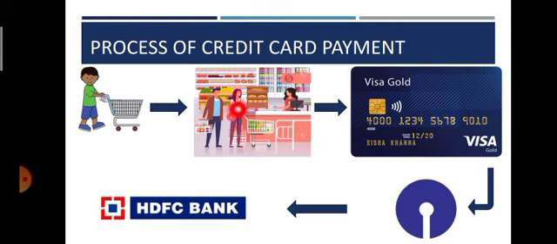So once he has opted for payment with a credit card, then he has to swipe his card in the card reader. Once he swipes his card in the card reader, then all his details have been shared with this person. That means all the account details have been shared with the merchant. Okay, once everything is done, then he needs to enter the PIN, and once the PIN is entered, then the merchant needs to enter the amount that is to be deducted from his credit card.